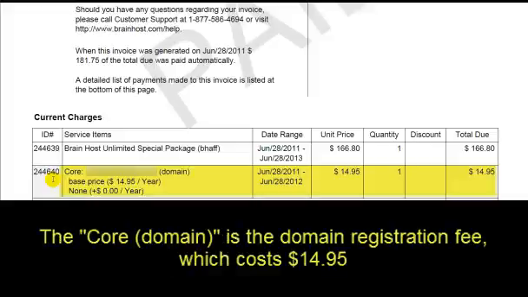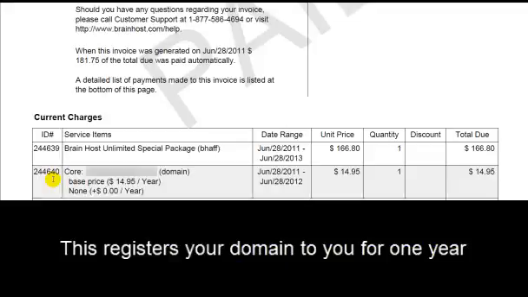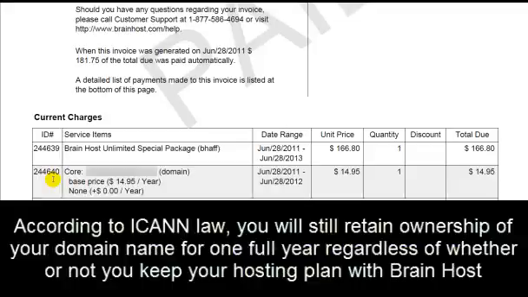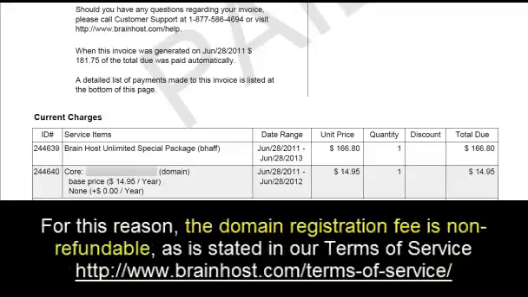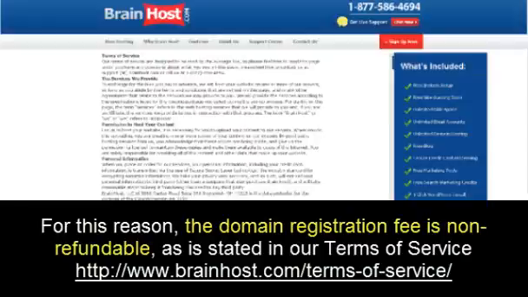The core domain is the domain registration fee, which is $14.95. This registers your domain to you for 1 year. According to ICANN law, you will still retain ownership of your domain name for 1 full year regardless of whether or not you keep your hosting plan with BrainHost. For this reason, the domain registration fee is non-refundable, as is stated in our terms of service, which you can find at